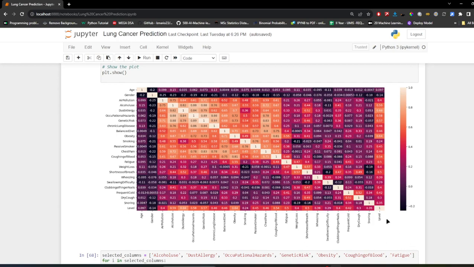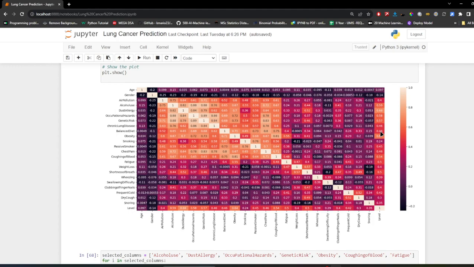Here we see the level variable, and the most important features with respect to it are pathology, occupational hazards, genetic risk, chronic lung disease, obesity, smoking, and then chest pain, coughing of blood,